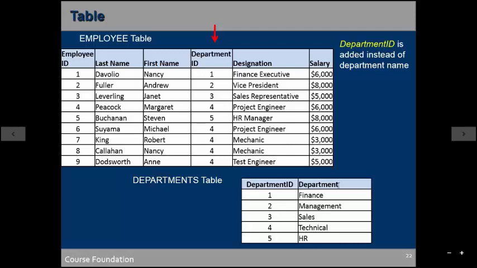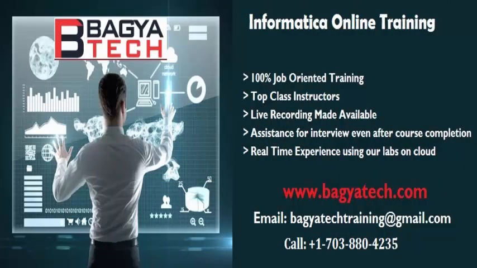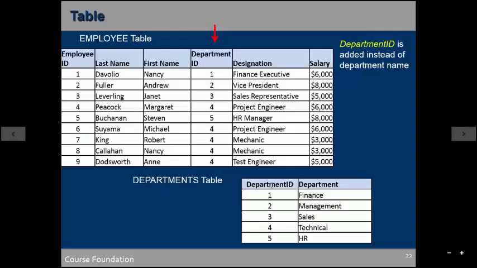Okay, now if there is any table which is present, then that table needs to have a primary key. So we have created a primary key named as the department ID. Okay. Then we have inserted the department ID over here. Now if someone asks me, tell me what is the department for which Andrew is working, so I would say that, okay, he's working for department ID 2. Let me go and check it in the department table, what that department ID means. So for 2 it is management. Okay, so Andrew is working for management department. Clear?